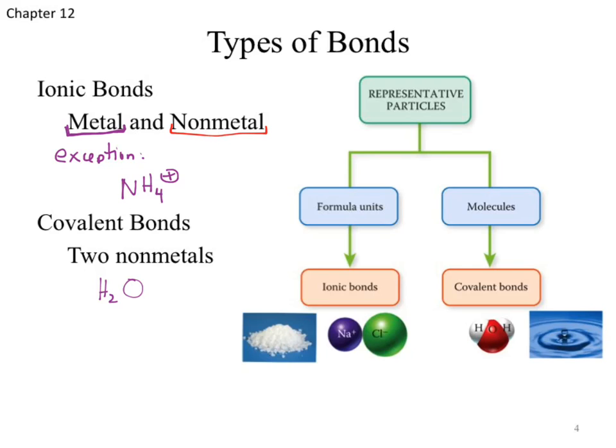Are there other options? Can we bond more than just two different types of elements and make covalent bonds between them? Absolutely. It's what you would do in organic chemistry, or pretty much any further chemistry down the road. The reason we don't address that now is they build up their own nomenclature system, their own separate rules, and we just don't want to open that can of worms yet. So at this point, you should be pretty happy that you're just dealing with two nonmetals, relatively simple structures, which will make the electron dot formulas a lot easier to process as well.